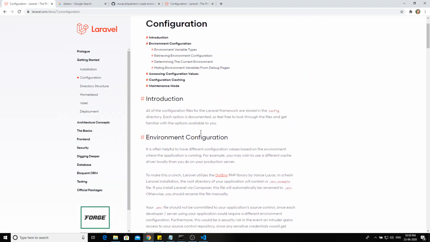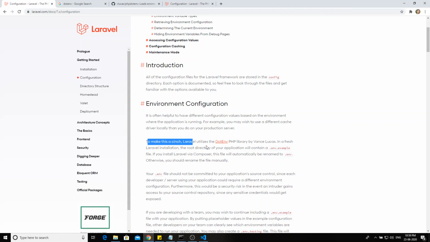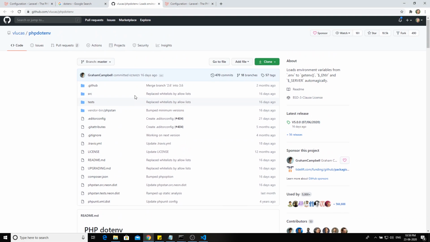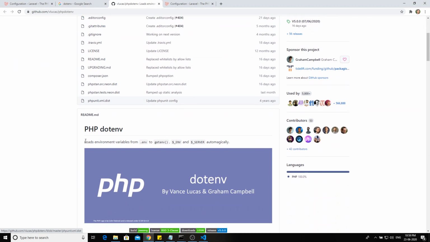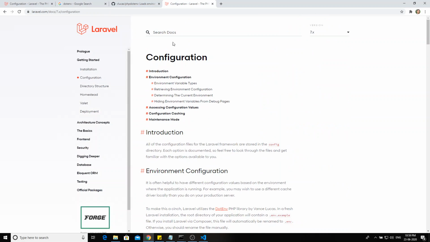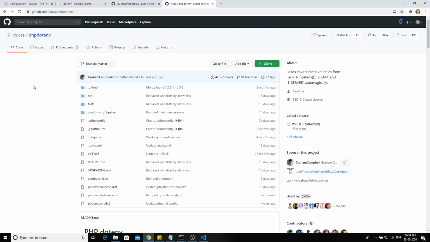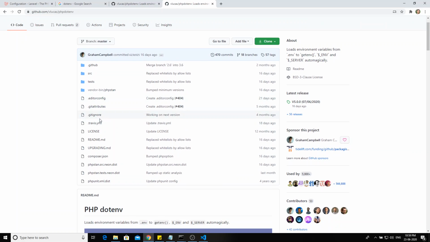If you go to the configuration documentation, you will also see that Laravel utilizes the DotEnv PHP library by Vance Lucas. If you click there, you can open the same page. So they are using this .env package.